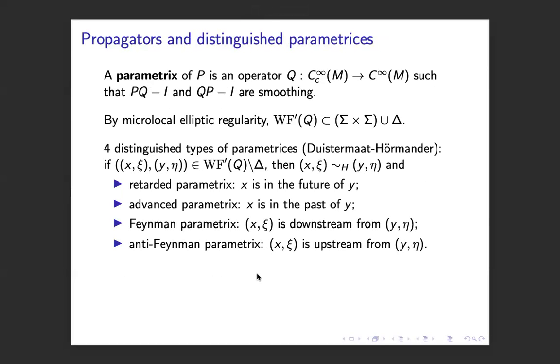Distributions are something you can act with on test functions. So test functions are kind of infinitely nice. Test functions have no wavefront set ever. Distributions have wavefront sets, and what I'm going to want to do is